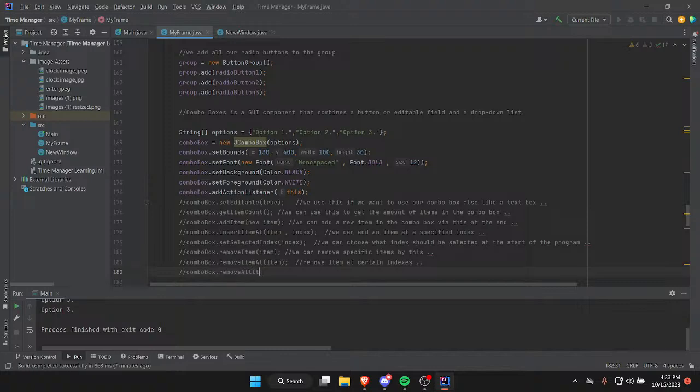One thing that you should remember is that with these J combo boxes, we need to pass in an array of reference data types. For example,